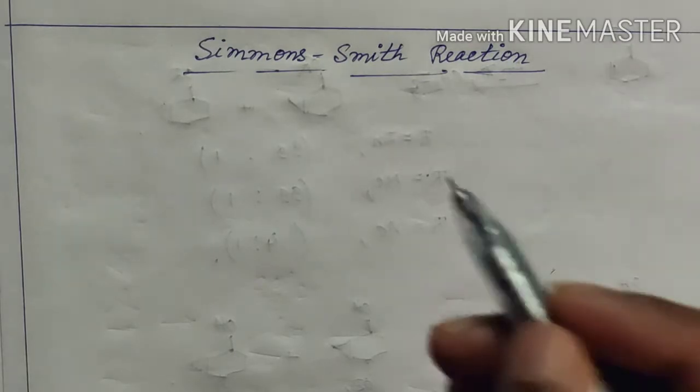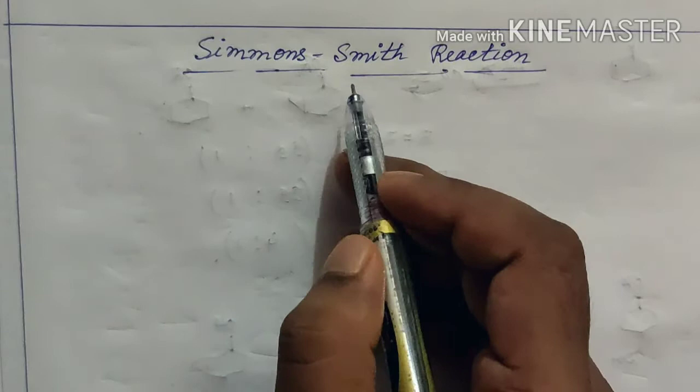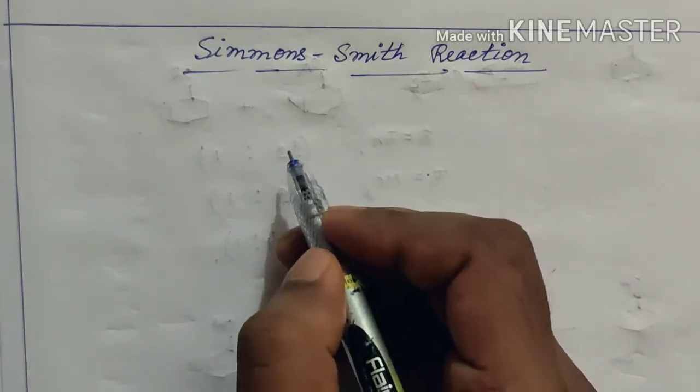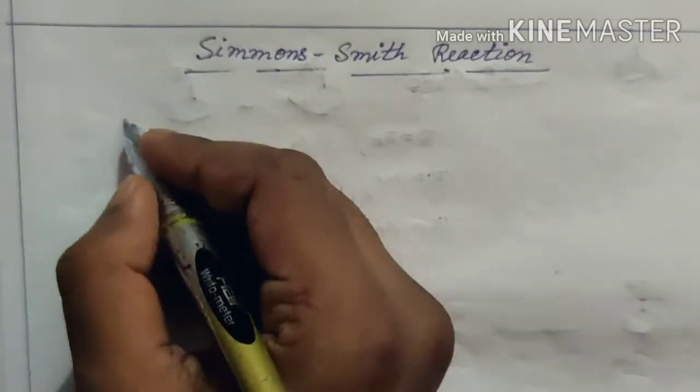Today I will discuss the Simmons-Smith reaction. This reaction is used for the formation of a cyclopropane ring from an olefin. That is,